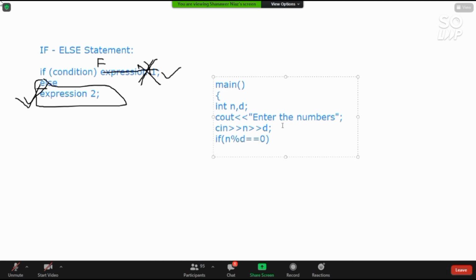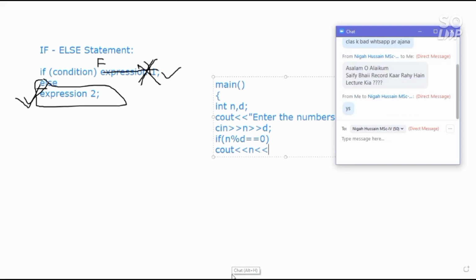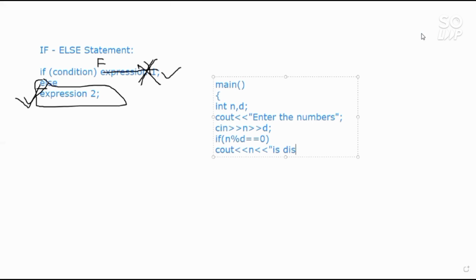It must execute expression that cout n is divisible by d. Okay,